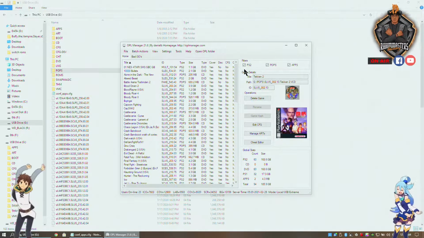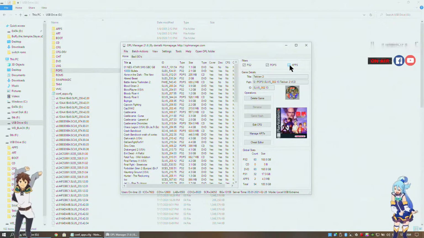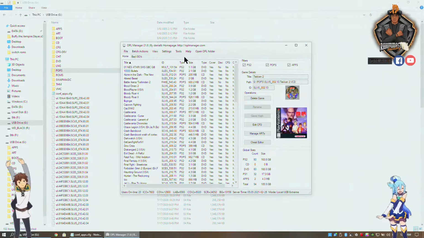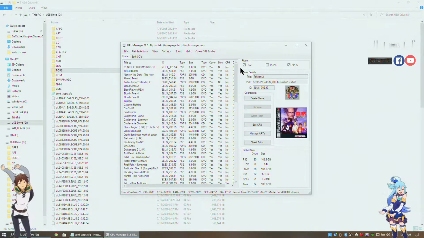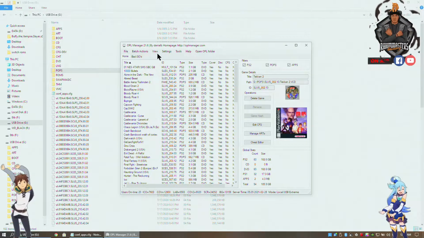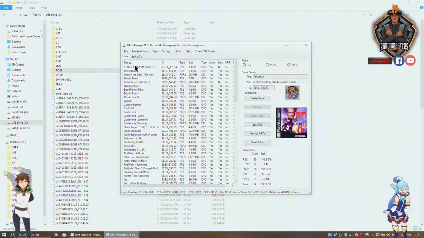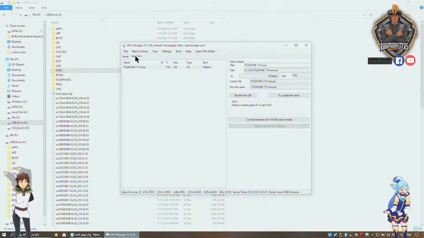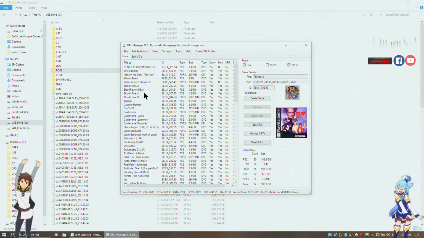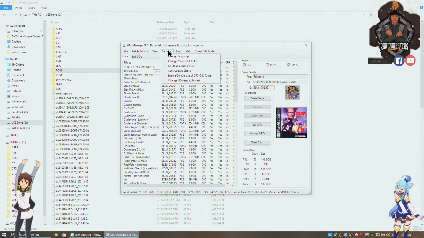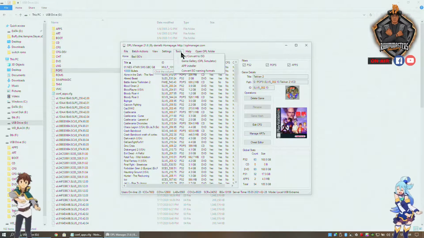So remember, you have to enable PS1 and apps in OPL, just the same way I showed you guys in the last video, or you won't be able to see all of these things once you get into your PS2. Okay? So anyway, to get the artwork and stuff is very easy. Now that everything's in this section and you have no bad ISOs because you renamed everything and everything's showing up here correctly, all you have to do is go to Tools,